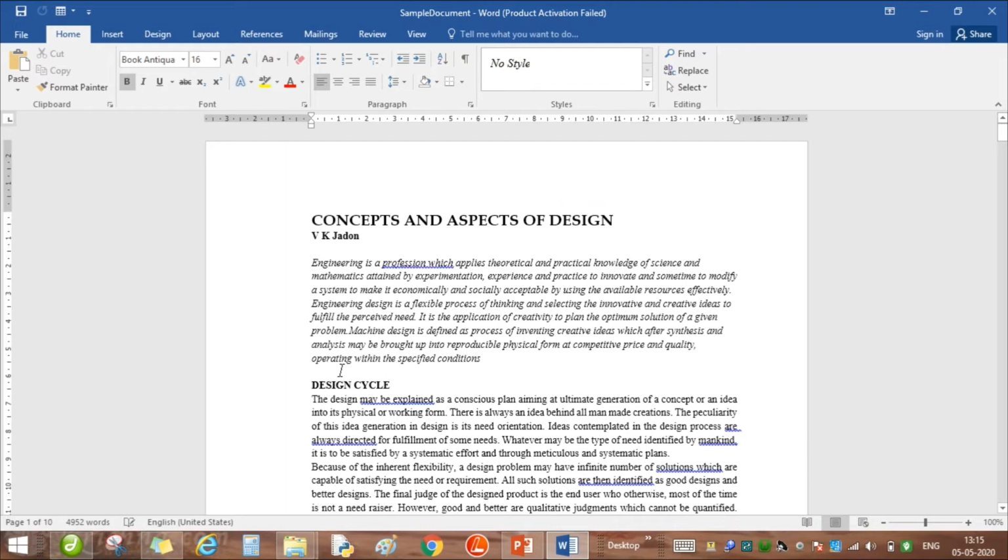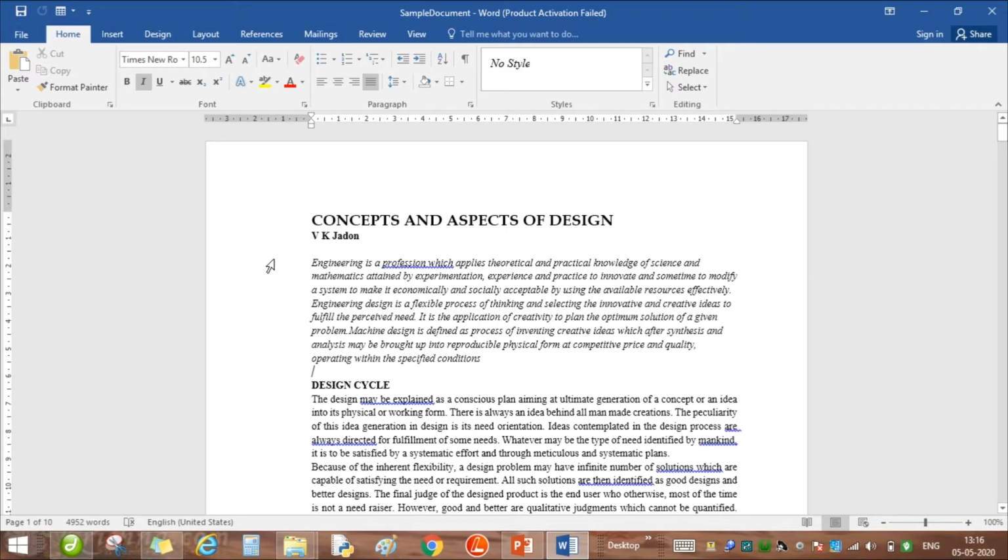So let us now begin with the shortcut keys. Shortcut keys we have from A to Z. We can divide these shortcut keys based on the function related to that shortcut key. It could be editing shortcut keys, maybe some file related shortcut keys, font related shortcut keys, paragraph related shortcut keys, and so on and so forth. We will learn the control shortcut keys. We can have control shortcut keys, alt shortcut keys, and function shortcut keys. So these are combinations of shortcut keys with control, alt and function.